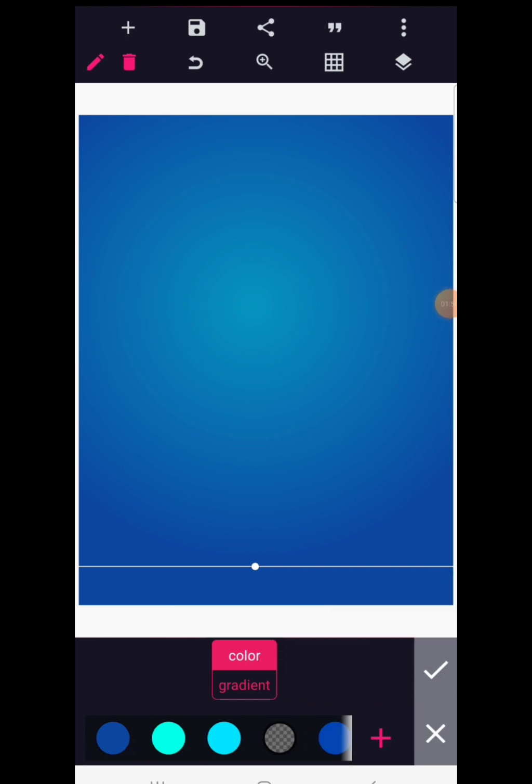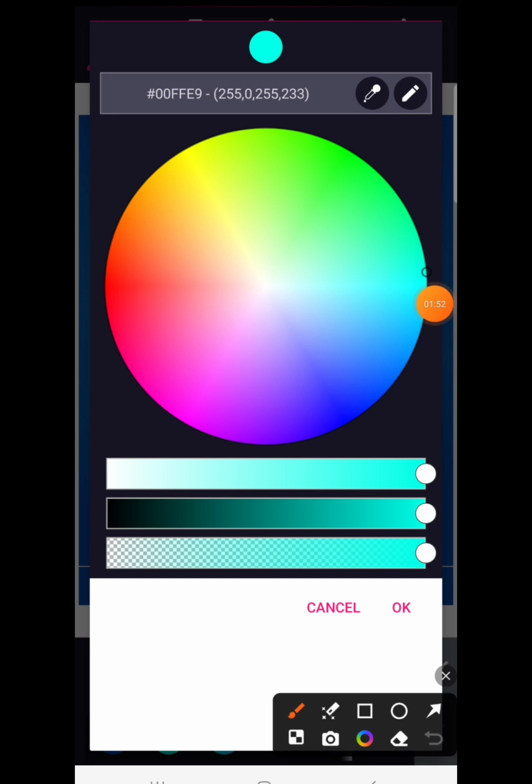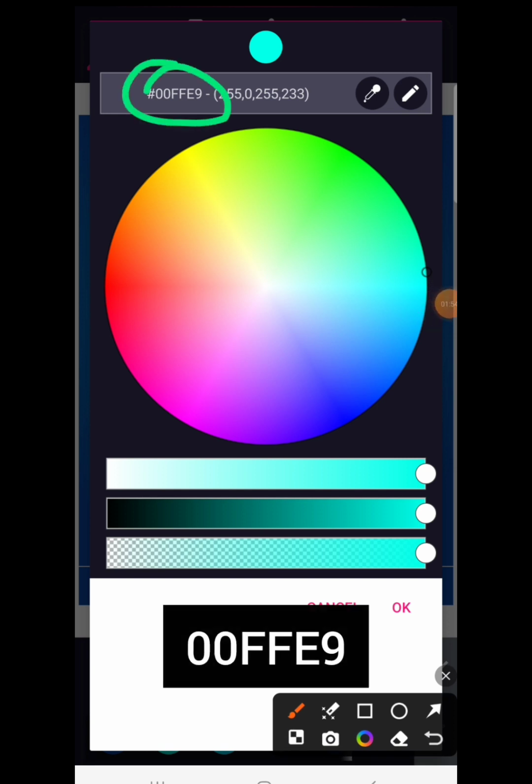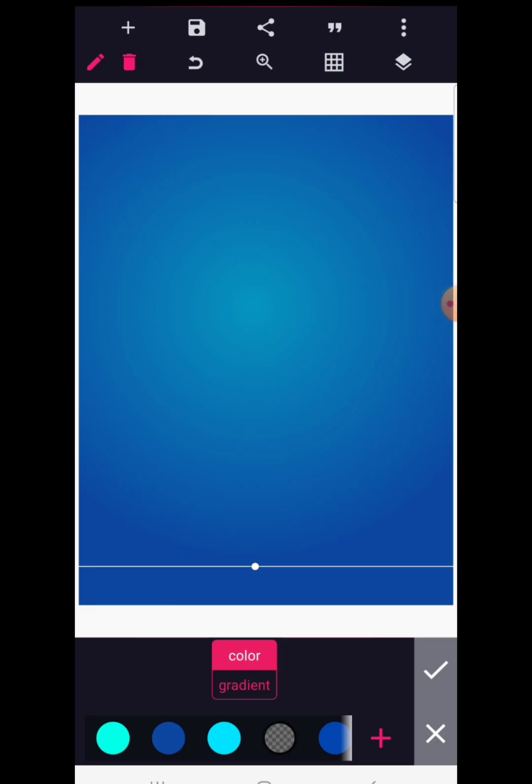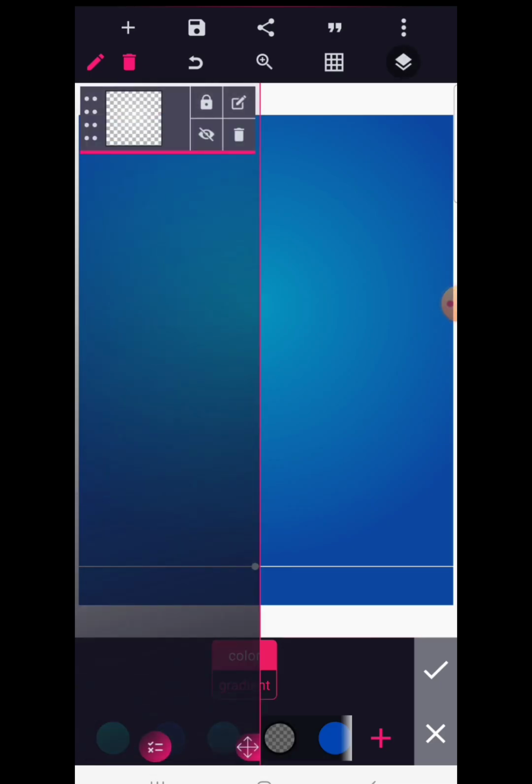grading. So I will show you the color code for this other color. The color code is 00FF9. Then you're going to click OK, and the next thing that we're going to do right now is to change